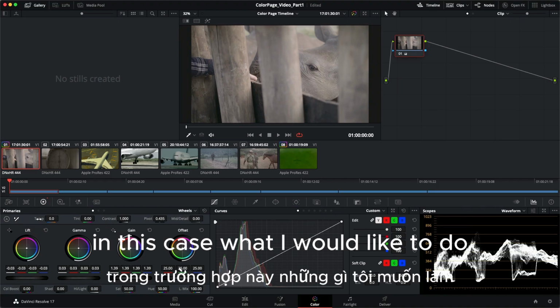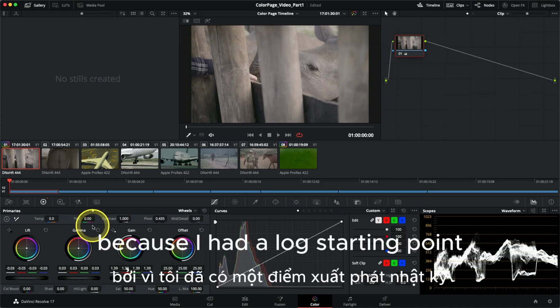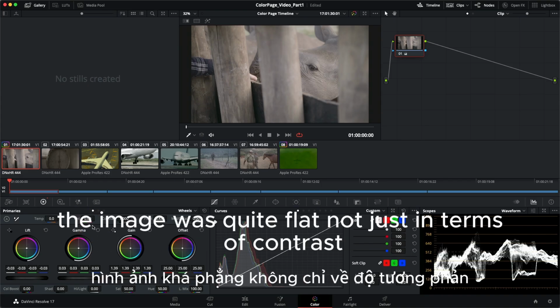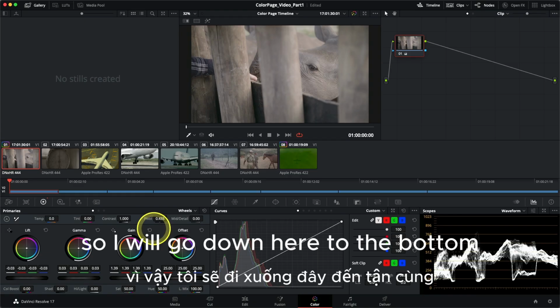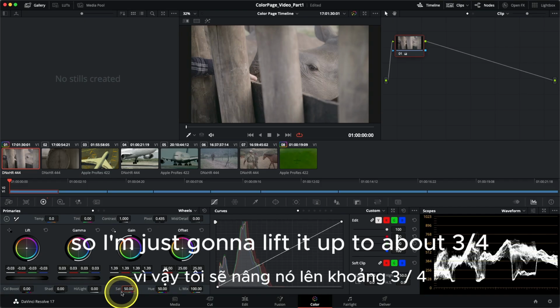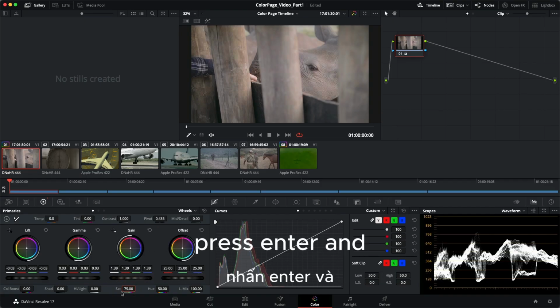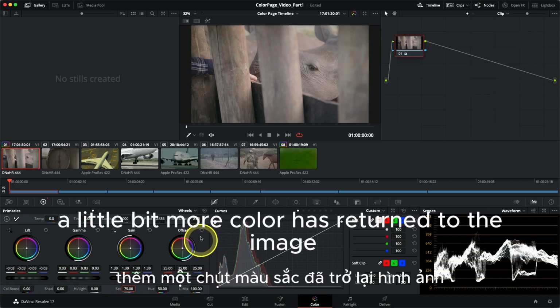In this case, what I would like to do is increase the saturation of my image. Because I had a log starting point, the image was quite flat, not just in terms of contrast, but also in terms of color. So I will go down here to the bottom adjustment controls and increase my saturation to 75. So I'm just going to lift it up to about 3/4. I'll enter 75 on my number pad, press enter, and you should see that a little bit more color has